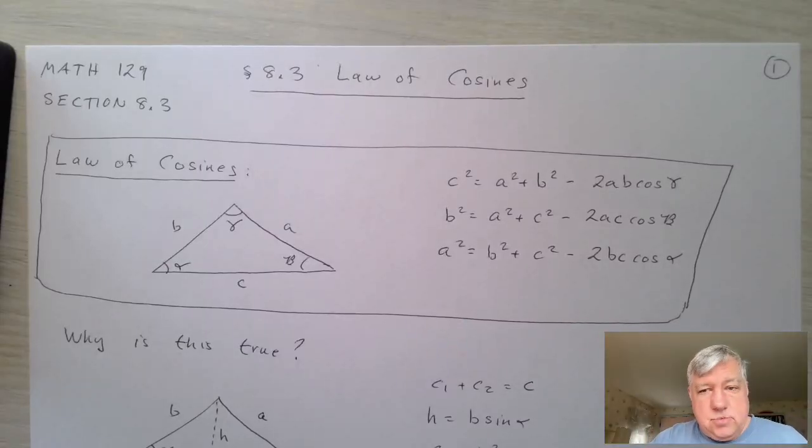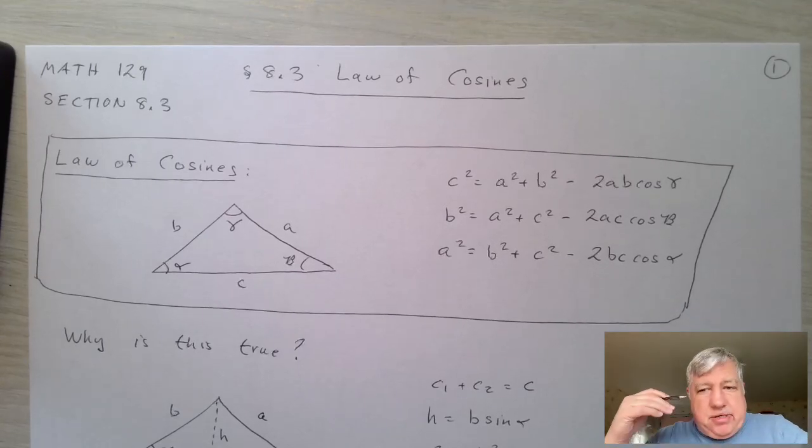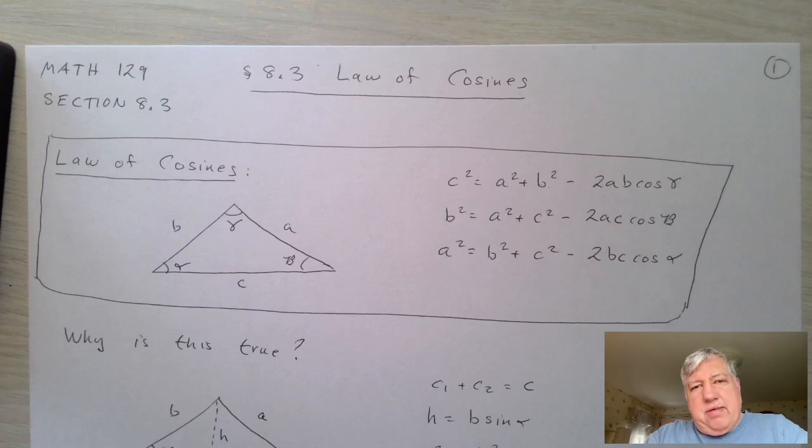Hi everybody. So last lesson we talked about the law of sines, and now, not surprisingly, yes, there is a law of cosines, and it exists to do the same thing that the law of sines does, in the sense that if we have any triangle, and we know three of the six pieces of information, that is the three sides and the three angles,